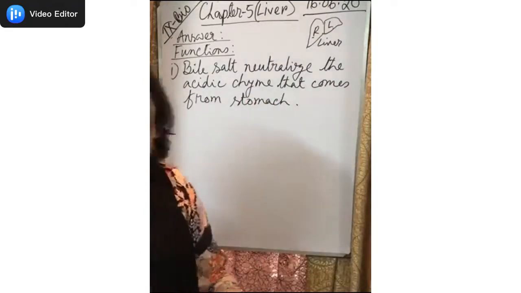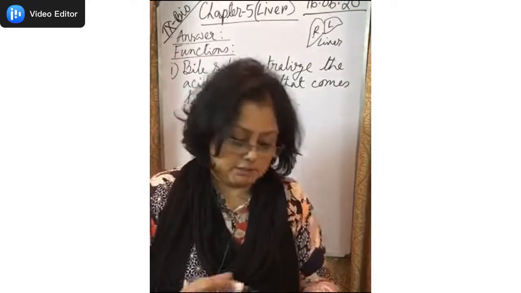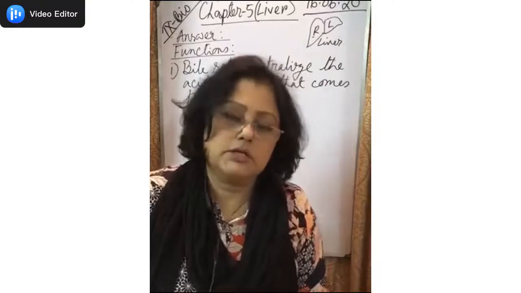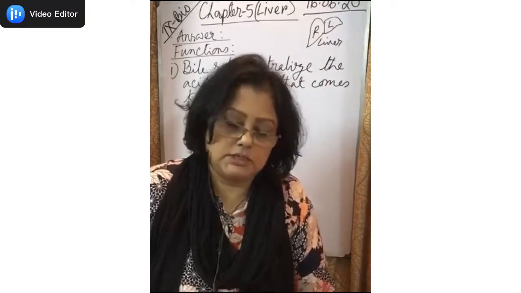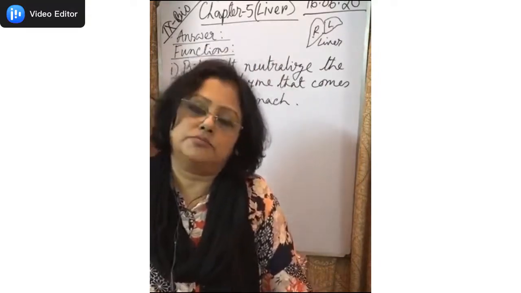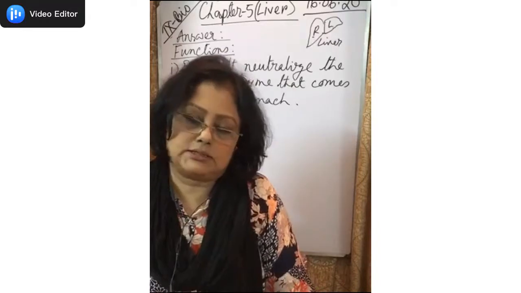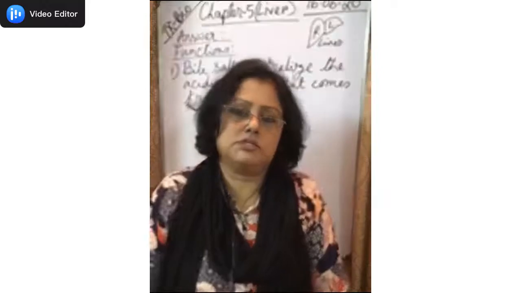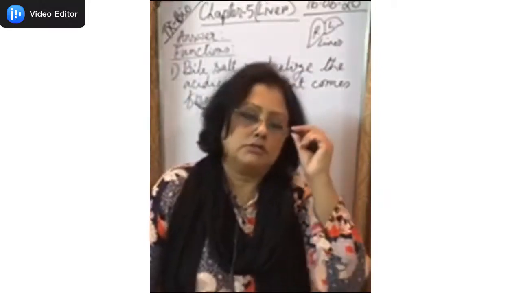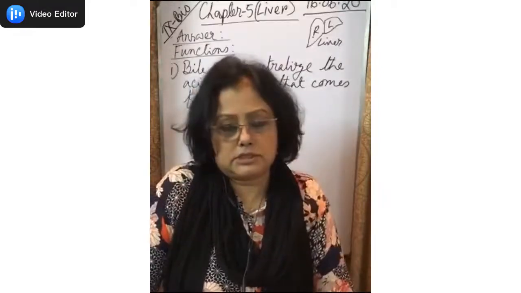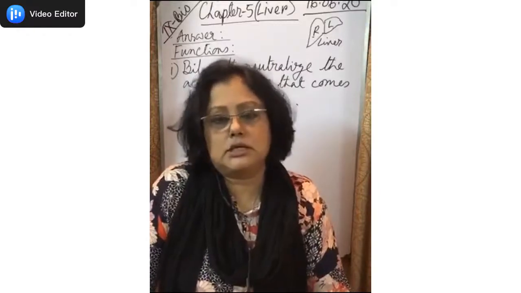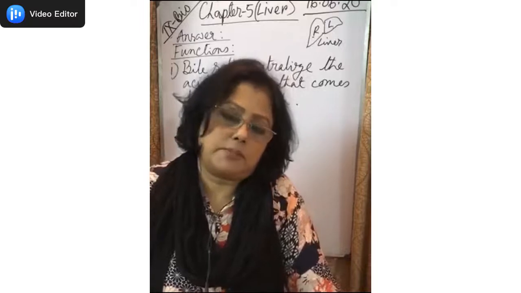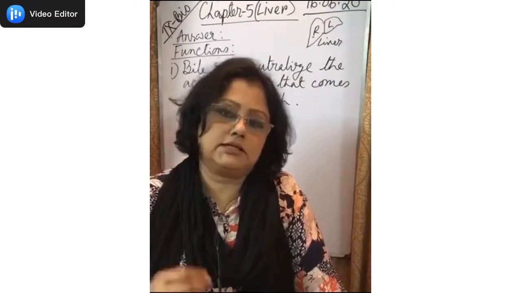Very important point. What does it do? In the diagram, can you remember, the gallbladder is connected with the bile duct, then the pancreatic duct gets attached with the duodenum. What is the duodenum? Can you remember? Duodenum is the upper part of the intestine. The intestine has three parts. The upper part is the duodenum, which is connected to the stomach, and the pancreatic duct is attached